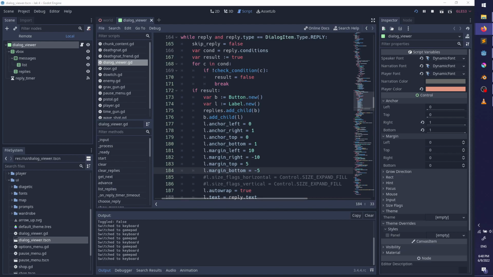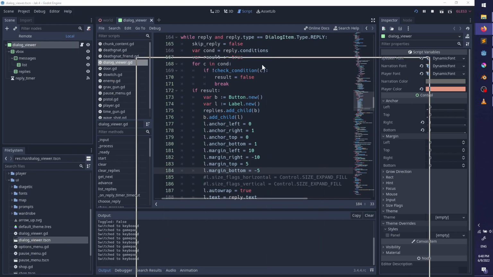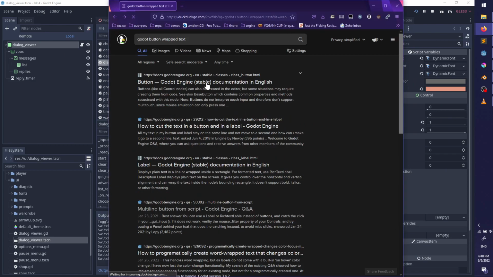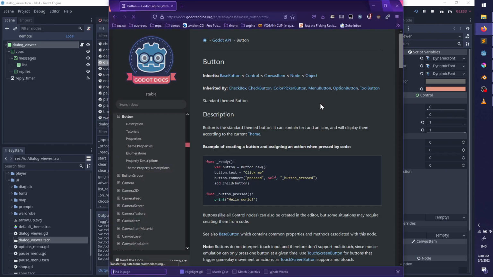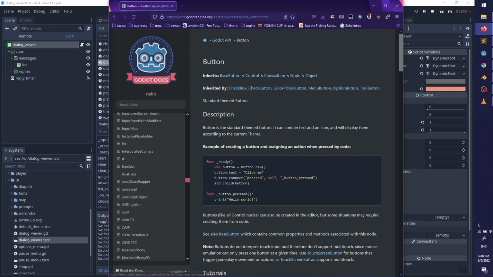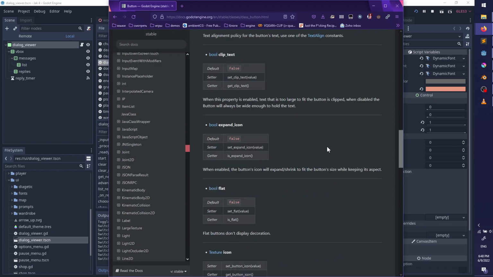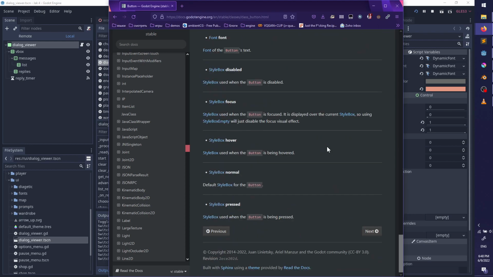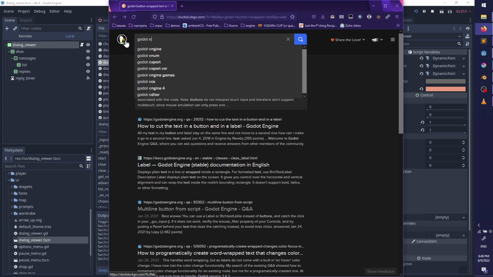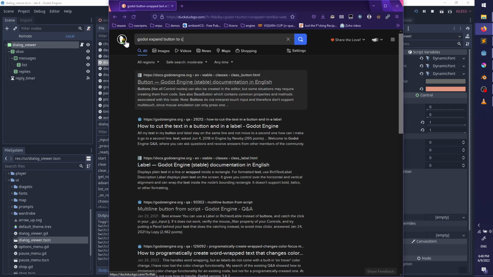Oh god. Their best solution is to just replicate all of the behavior in a label manually. That's really epic, I think. Wrap. Okay, that's really cool. Godot, expand button to content.